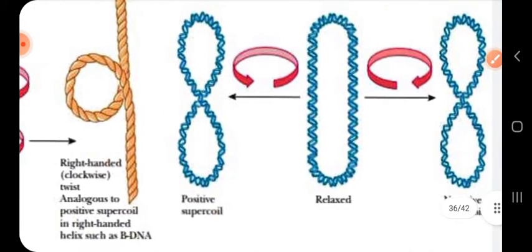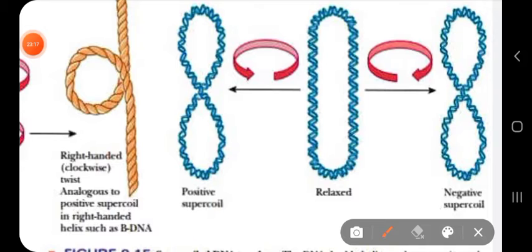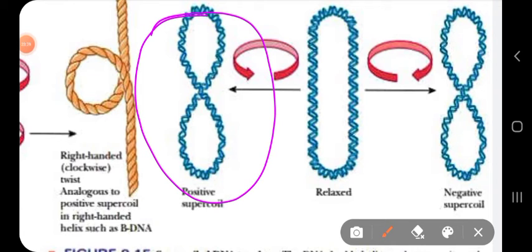So you can see if you compare the rope with DNA. This is the circular nature of DNA. I have already said that prokaryotic DNA are circular, in almost most of the cases. And this is the form when they are relaxed. But when they undergo positive supercoiling, what happens? You can see, due to positive supercoil, the nature of the DNA